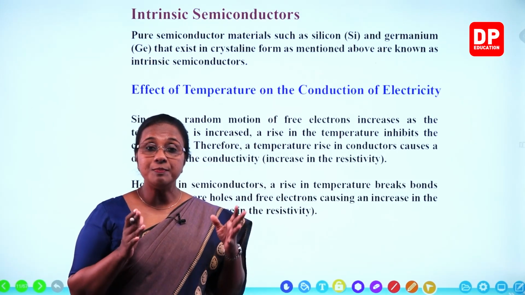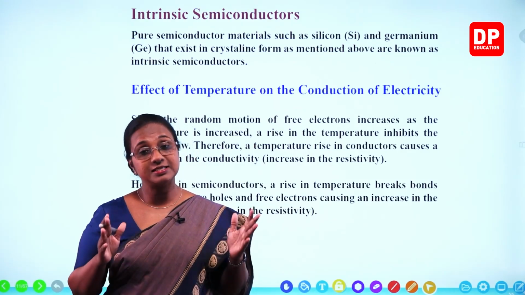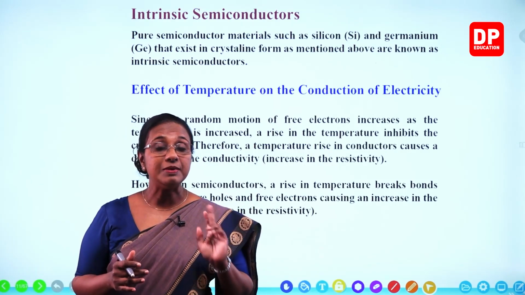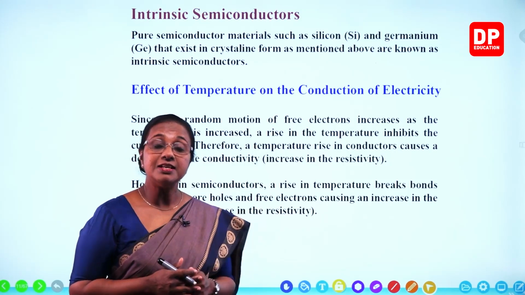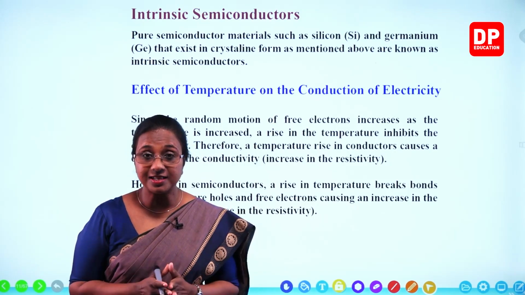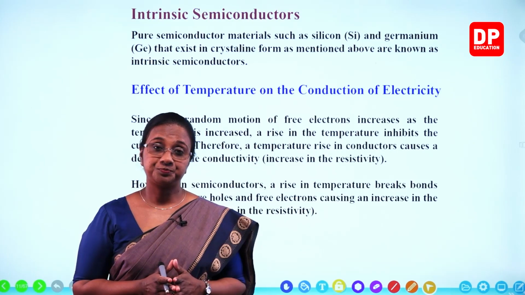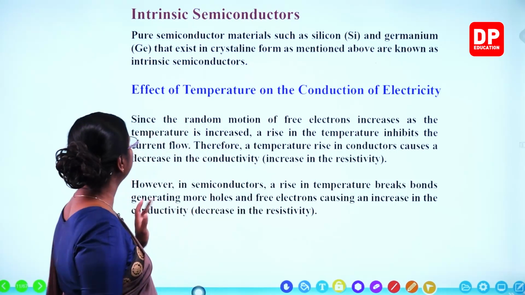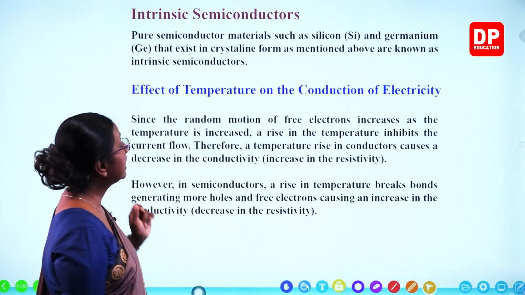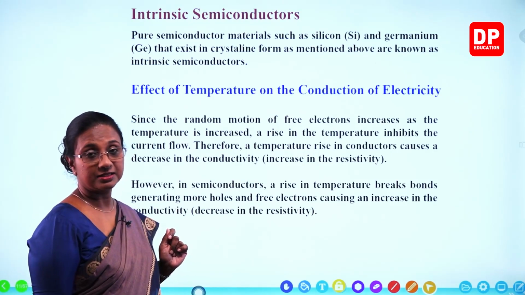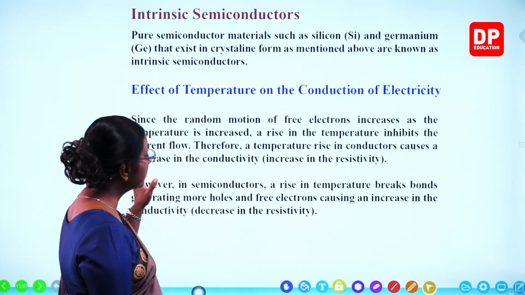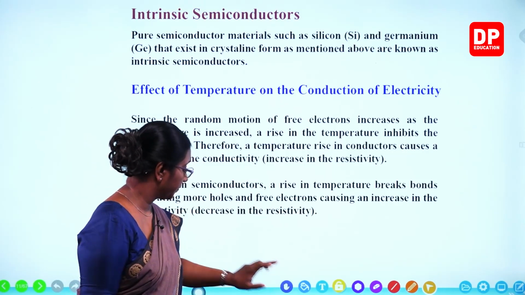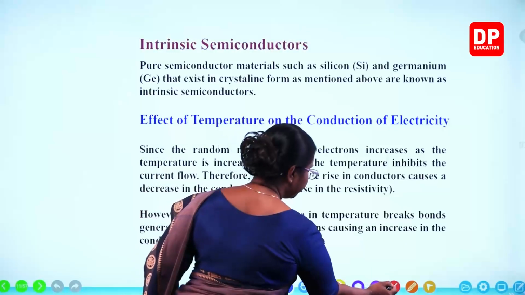Then I told you all, based on how these semiconductors conduct electricity, we'll be looking at them as intrinsic semiconductors and extrinsic semiconductors. So now in this chapter, I will first discuss intrinsic semiconductors. So this is the same as what we discussed before. Now here you can see